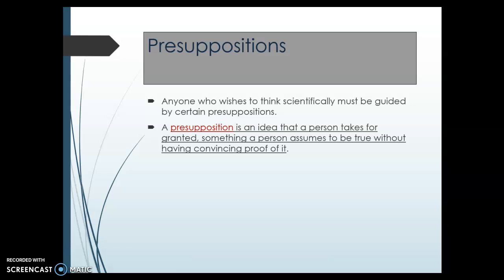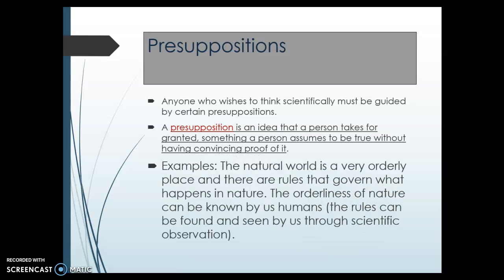And if you've never heard that word, a presupposition is an idea that a person takes for granted, something a person assumes to be true without having convincing proof of it. You probably aren't even aware of all the presuppositions that you have. So here's an example. We all have this presupposition that the natural world is a very orderly place and that there are rules that govern what happens in nature. The orderliness of nature can be known by us humans, meaning the rules can be found and seen by us through scientific observation. We all operate on that presupposition and all throughout science, so we must be aware of those